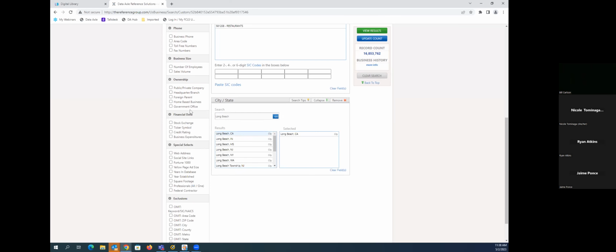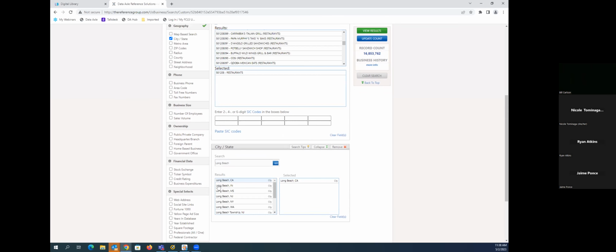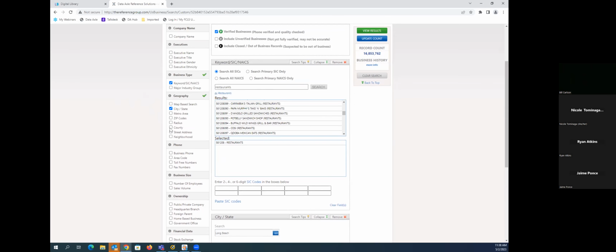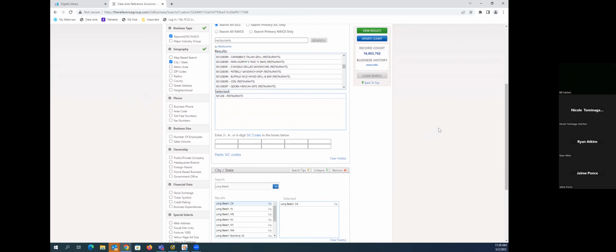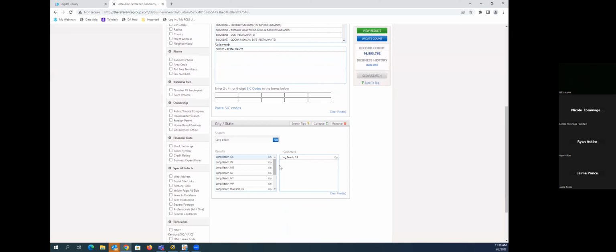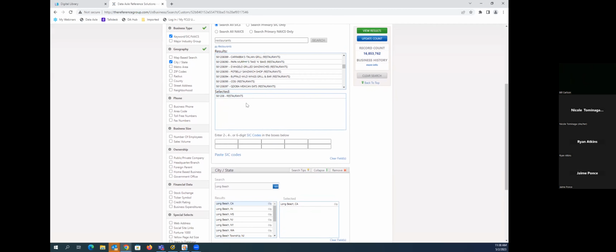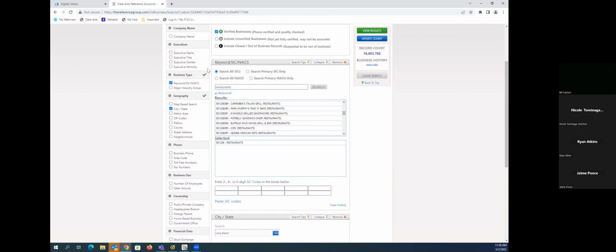I could certainly always do that if I wanted to include just Long Beach, but then I wanted to look at all businesses in Orange County that were restaurants. I could do that as well. So you get to be the one that decides how this ultimately will look. So I've got Long Beach. I'm looking at all restaurants. I have a total of those verified businesses of